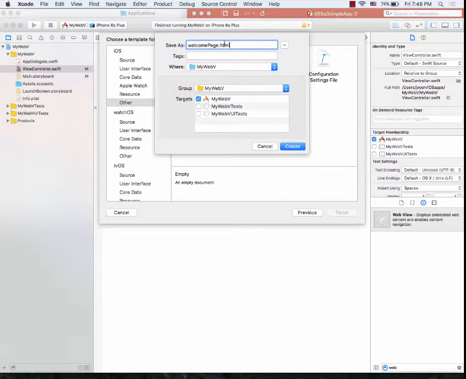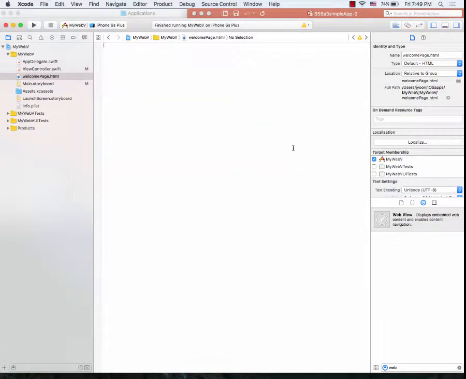You need to have an extension .html, and then click some others you do not need to, right, and create button. You will see that the HTML file is in there together with others, for example storyboard and view controller.swift. They are together with others, right? So simply here you can type HTML code,